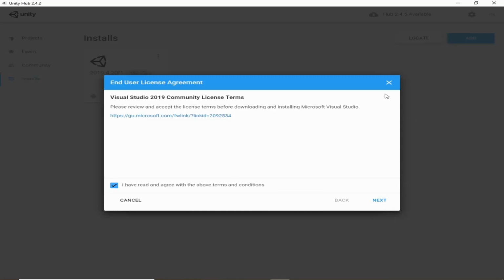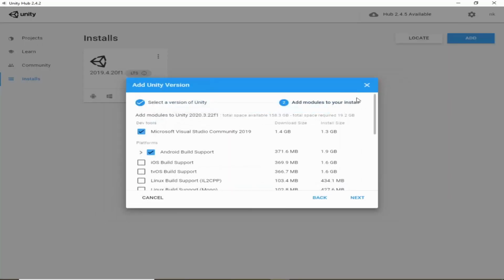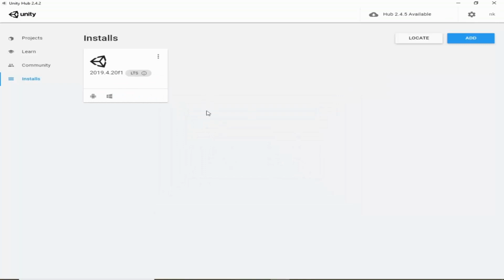It will take some time to download this Unity version on your computer. After downloading this, we will be able to create new projects. I have already this version 2019.4.20 F1, which is fine because our game is not very complicated, so the version will not matter that much, so you can download any version.